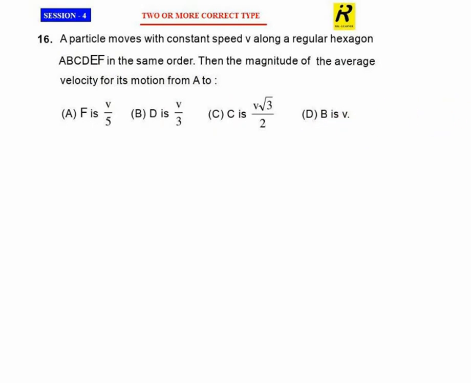So first of all, I should have one hexagon, the structure of the hexagon. So for that, I am making the construction. Say here is our hexagon. Let me change the color for a better appearance. So I'll choose a different color. So I'm now drawing a hexagon like this. So here is our hexagon.